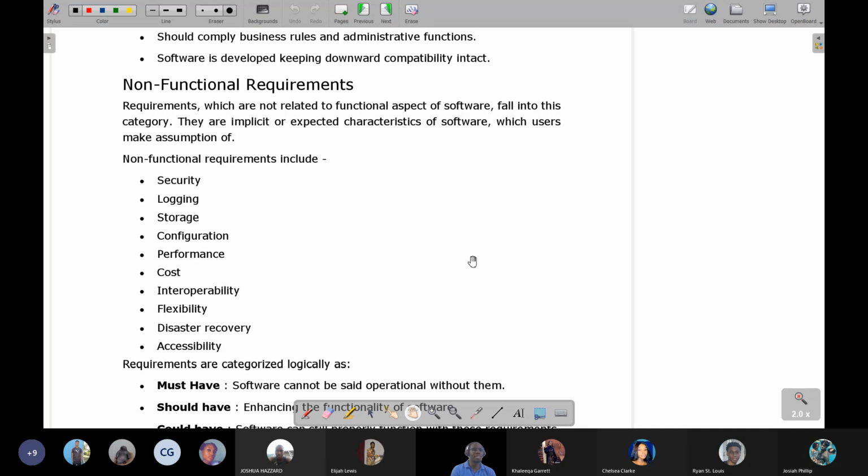This doesn't have anything to do with the business rules, but if your software is unusable, think of when I go on my rant about Windows 8. Now, functionally, Windows 8 is not different from Windows 7 or Windows 10. It does what it has to do as an operating system. It checks all the functional requirements. But a non-functional requirement prevented me from using Windows 8, and that is, I just could not wrap my head around the interface. Okay? So you see how important a non-functional requirement was